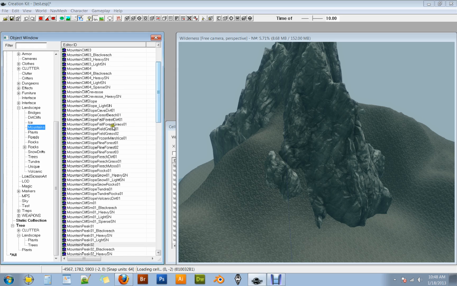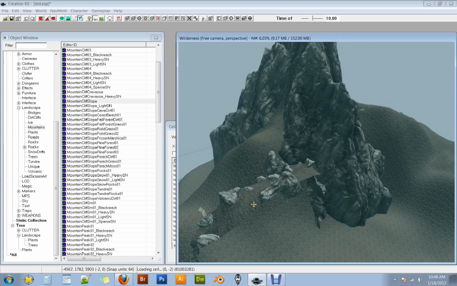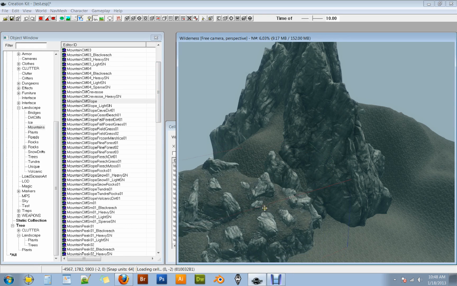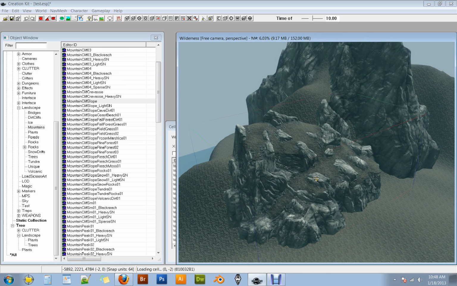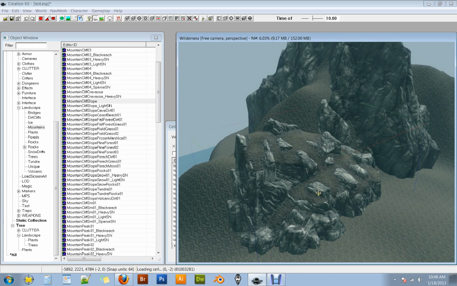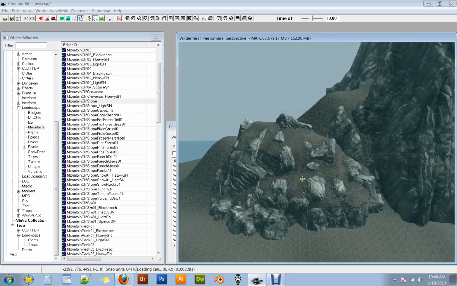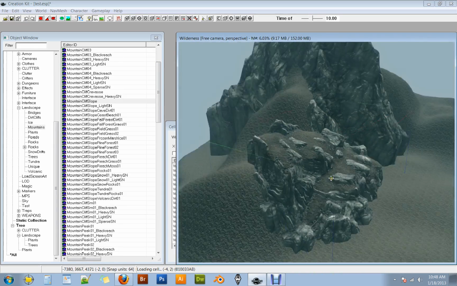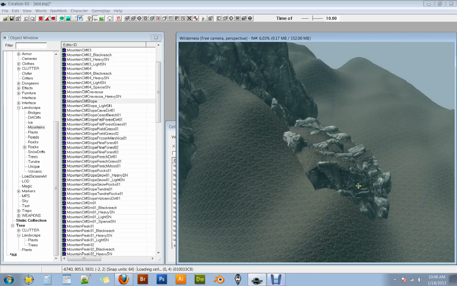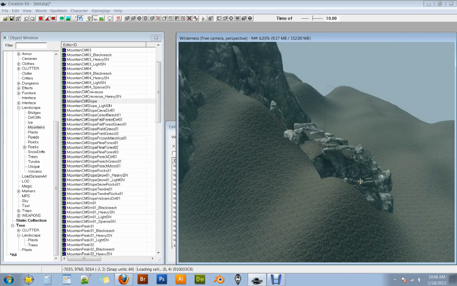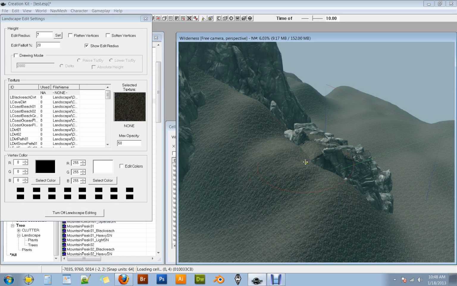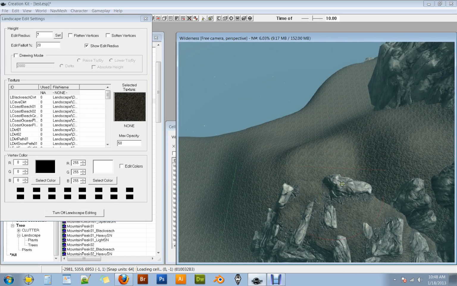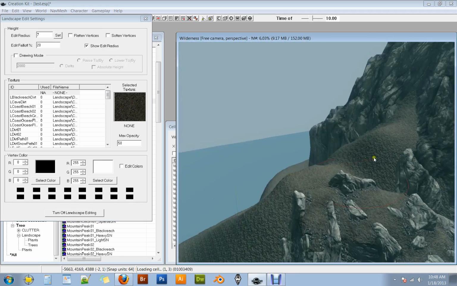Let's grab a cliff mountain slope. We'll rotate that around, and maybe I'll kind of pull it out and drop it down a little bit. I actually kind of like how that looks, sticking up like that. It's pretty cool. But now we have this big open space in the back, and I'd like that not to be there. So we can go ahead and hit H, and I'm just going to pull this land right up to it real quick. So that's a real fast, simple and easy fix